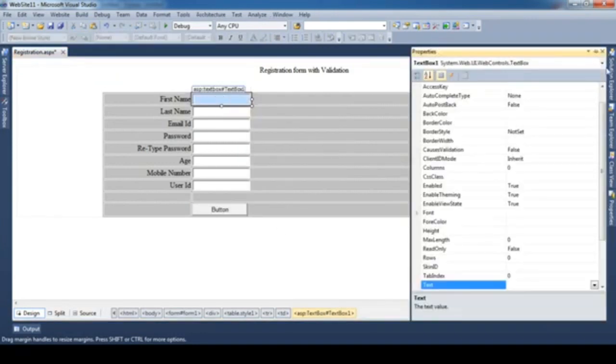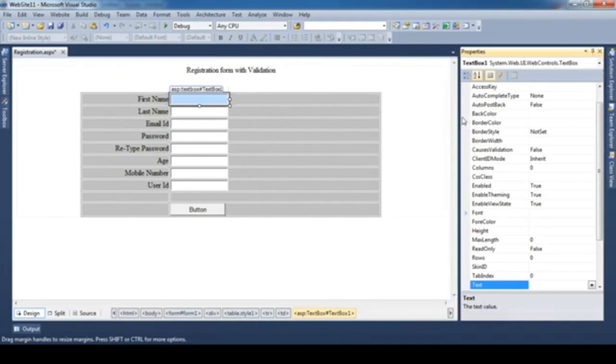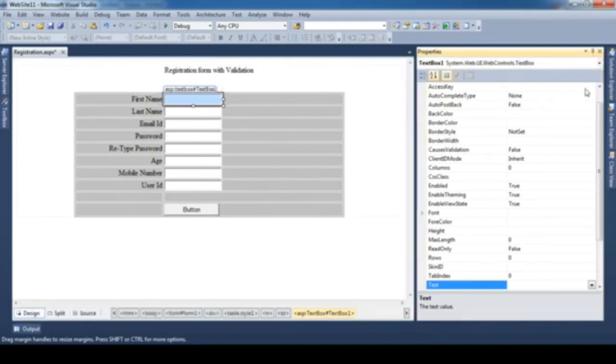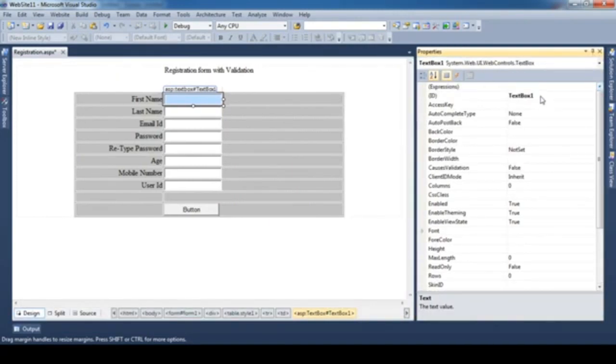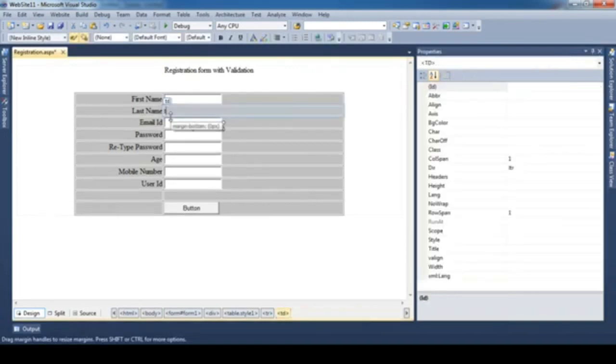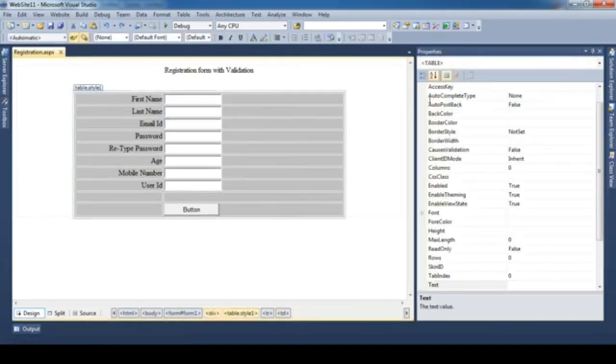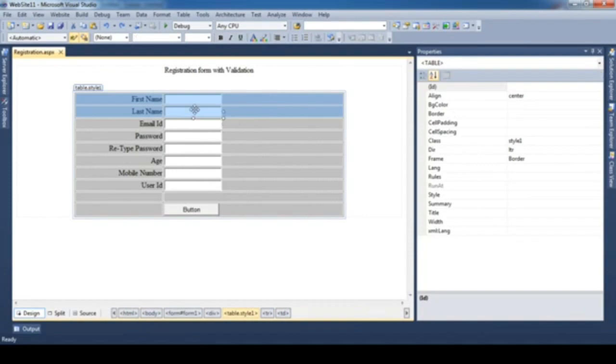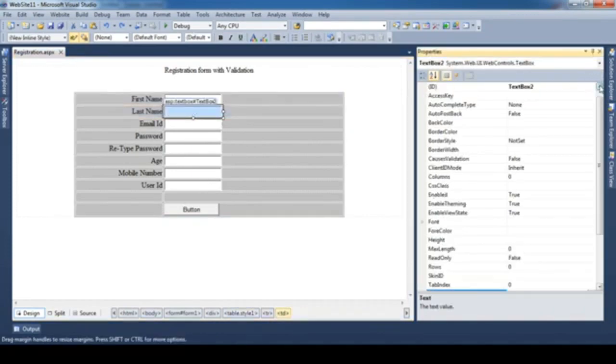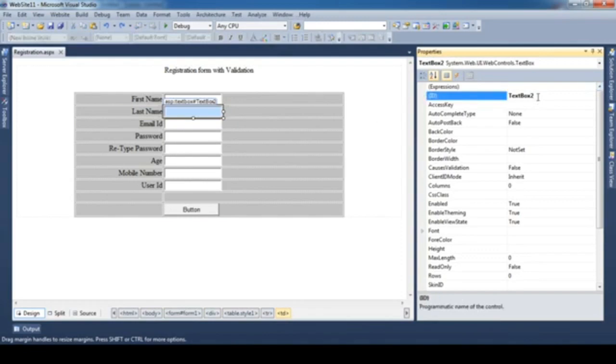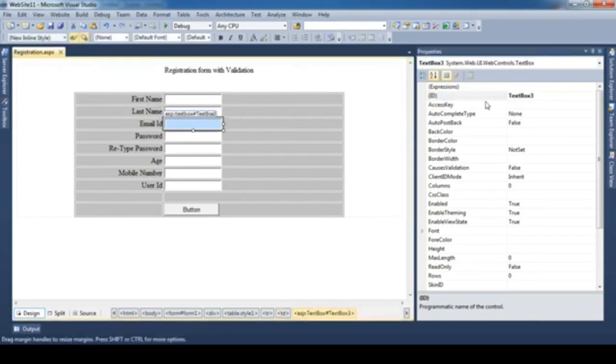Just select the first text box, go to the property window, and we are going to change the ID of all the text boxes. The first text box has the ID txtfn. Then we have last name, so txtln. For email ID, txtemail.